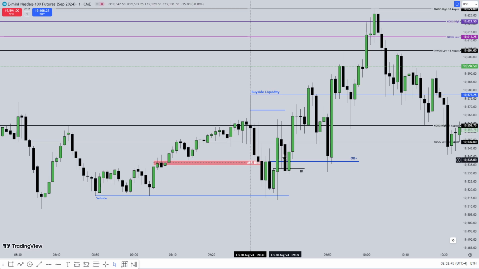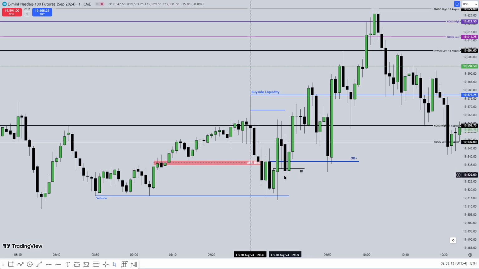But this is the point. This is something which opposite side PD arrays will tell you. I'm not just talking about the new day opening gap. You can have any last fair value gap here. You can have any 15-minute fair value gap. But if you're bullish, that should give you the entry. Okay, your entry should be formed from the retracement of that premium PD array. So this was a premium PD array for me, this new day opening gap, and from this PD array,